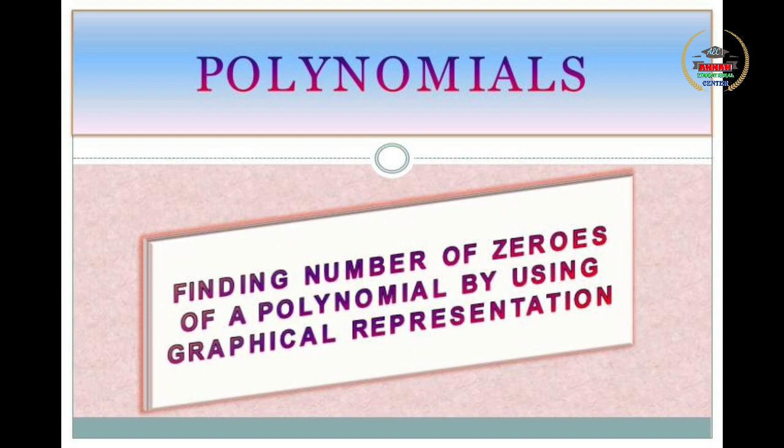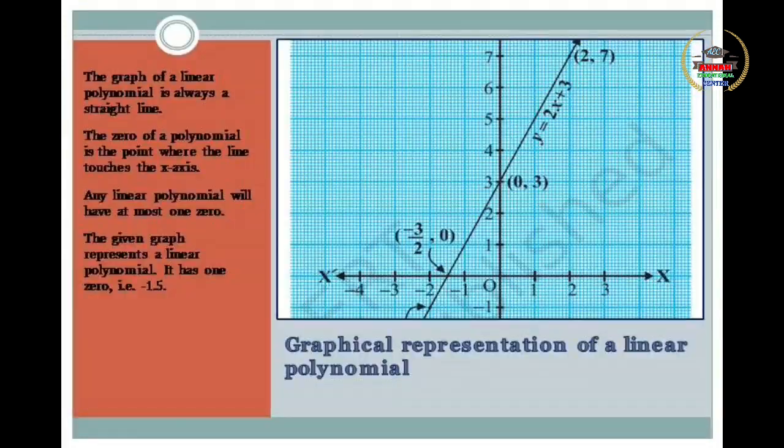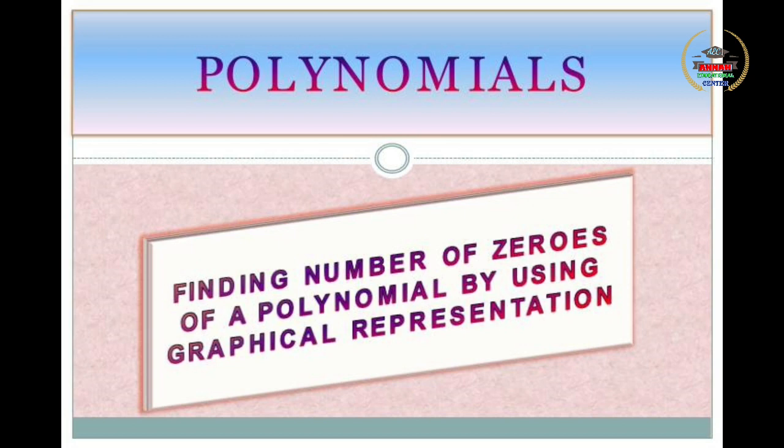You can always find the zeros using the algebraic representation. You know how to find the zeros of a linear polynomial by equating it to 0. You also know how to find the zero of a quadratic polynomial. It is by equating the polynomial to 0 and using the factorization method. So it is based on the algebraic method, but in today's session we are going to learn how to identify